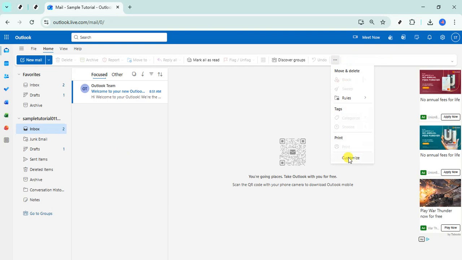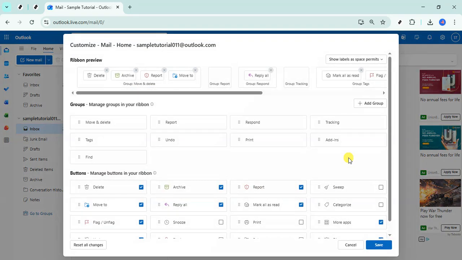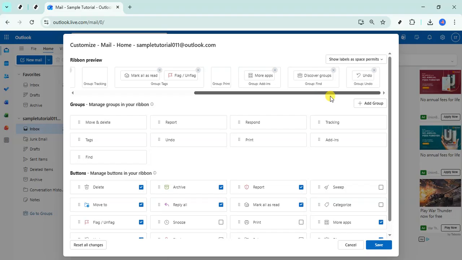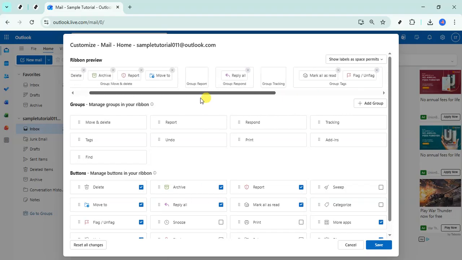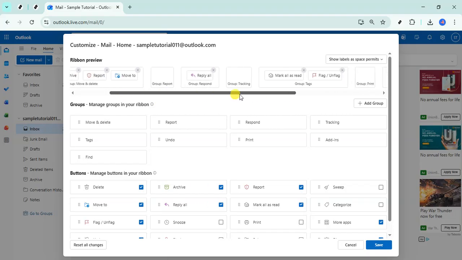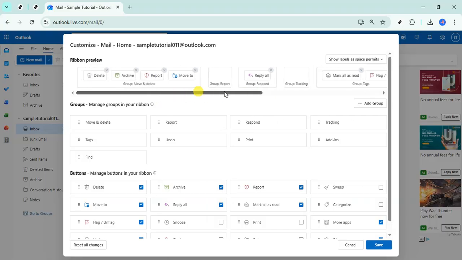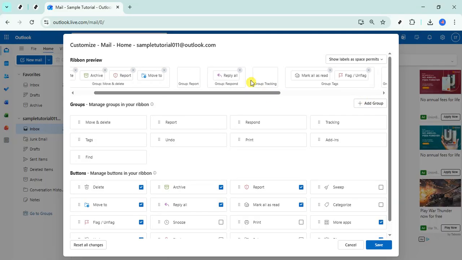This opens the customization pane and shows a live ribbon preview so you can see exactly how your changes will look before you commit to them. In the preview, you'll notice the tabs and buttons that currently appear on your ribbon. This is your workspace. From here, you can add or remove commands, rearrange where things sit, and make the ribbon feel familiar. If your window is narrow and you don't see everything, try maximizing the browser or zooming out slightly